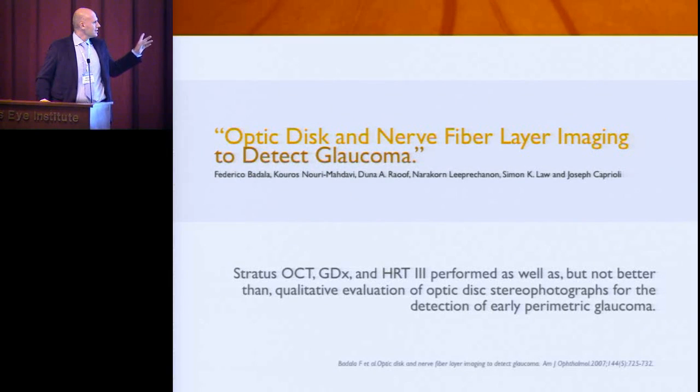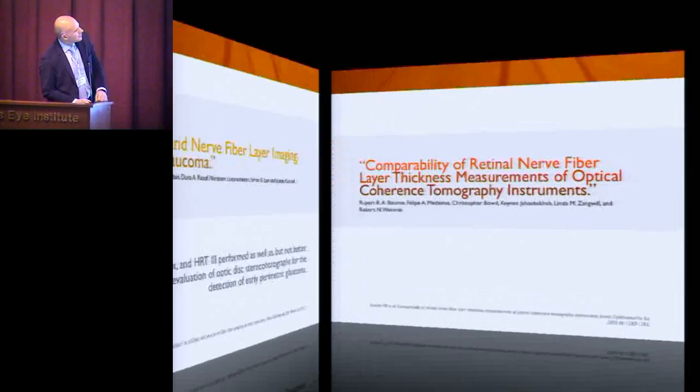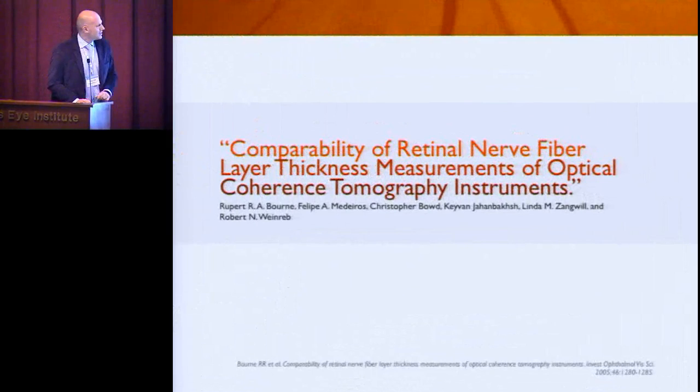They found that the diagnostic ability of Stratus OCT, GDx, and HRT3 perform as well as, but not better than, the qualitative evaluation of optic disc photos, especially for the detection of early perimetric glaucoma. And finally, I would like to show you this paper where the investigators compare the nerve